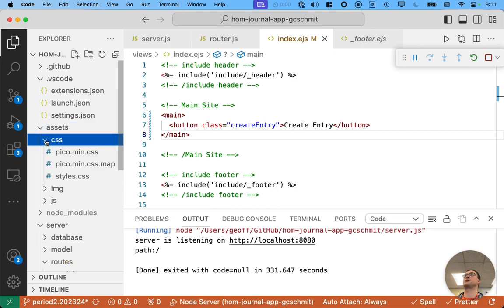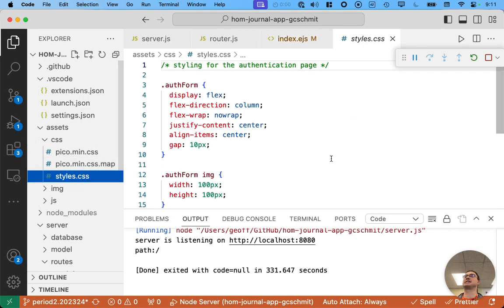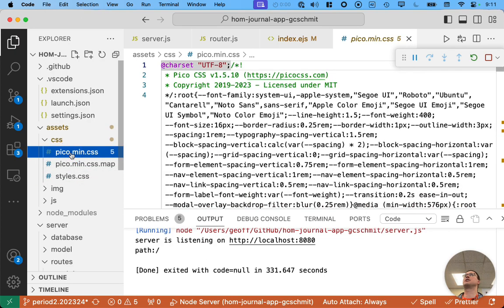Let's look at the CSS one first. I gave you, for us to get started, a couple different CSS files. One is called styles.css. And this is styling for the authentication page that we're going to write later. The other one is called Pico Mini,